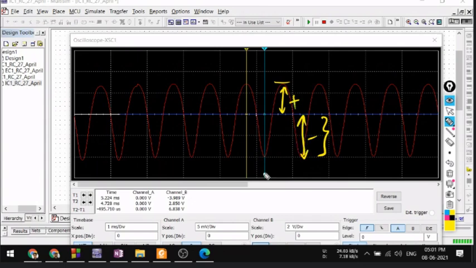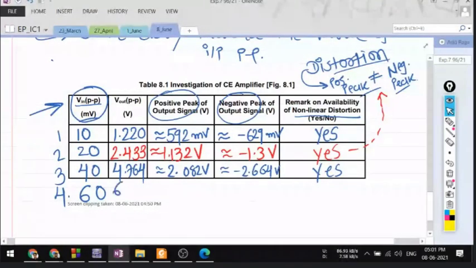So let us measure, student. What will be our reading? Okay, so cursor 2 on the positive peak, which is 2.85, cursor 1 on the negative peak, which is minus 3.9, which is nothing but approximately minus 4 volt. Okay, what is peak to peak? 6.838. So let me write down the reading, 6.838. Fine. That is your peak to peak.